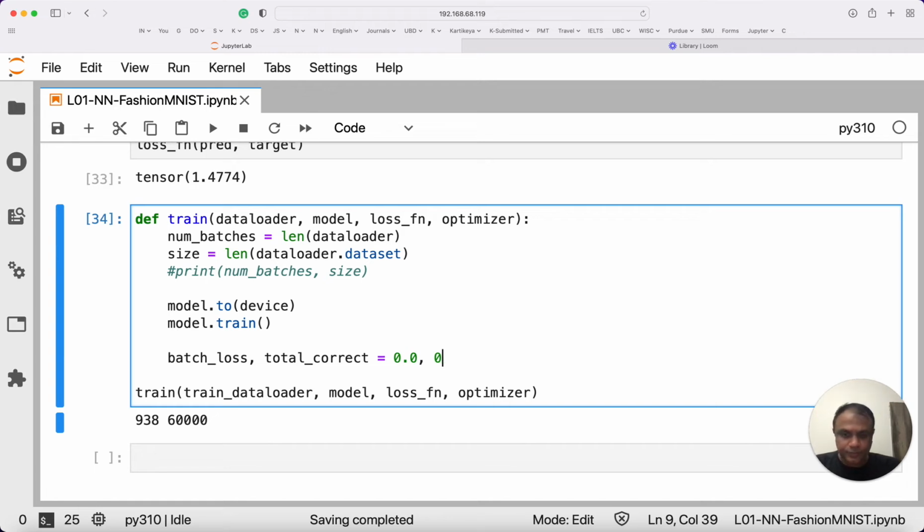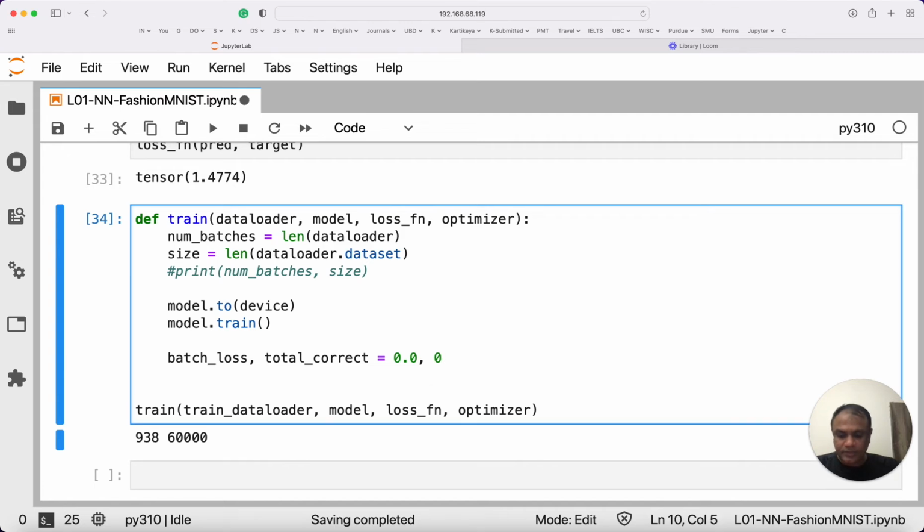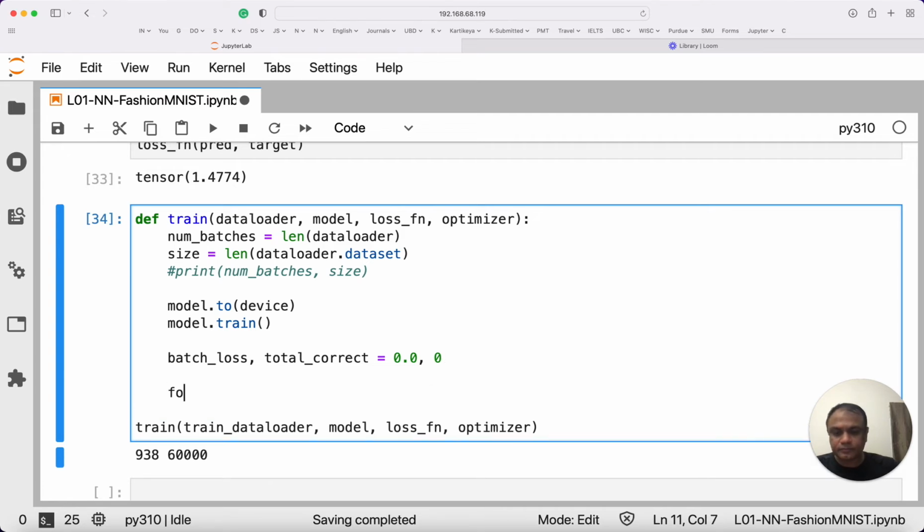Okay, so this is what we want, total correct and batch accuracy. So now we can write a loop here, and we can call enumerate for batch, that is the batch ID basically, and this will return us x and y, because as we saw, next iter gives us x and y. So similar with this one, we can call enumerate,